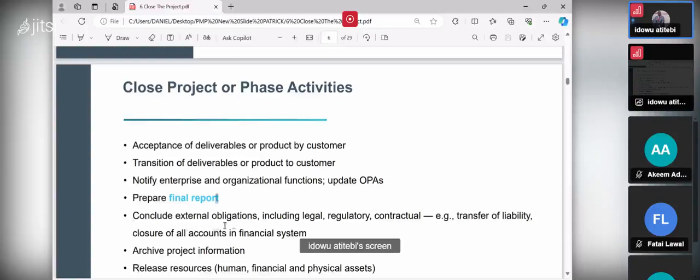Then you conclude external obligations. What are the external obligations in this case? Your vendor, all the obligations, the payment you're supposed to make. You engage them, it's a contract. You say, if I do this one for you, this one for me. If I supply you this thing, you're going to pay me this amount. All those external obligations must be settled,